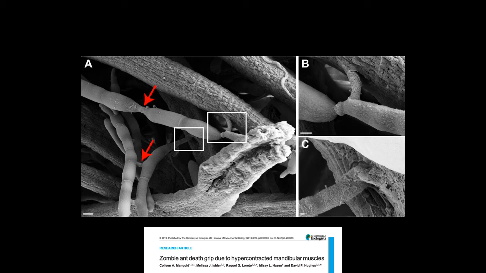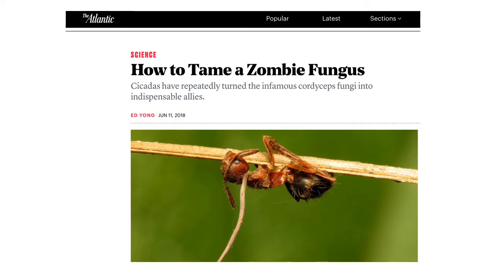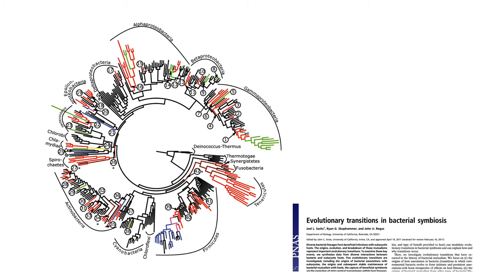But even these really kind of weird zombie parasites can evolve to be potentially mutualists. Cicadas actually multiple times have managed to domesticate this deadly pathogen into a necessary gut microbe that provides them essential nutrients. So this question about how parasites might evolve to become mutualists is one that I'm very interested in. And we don't have a ton of biological evidence of how and why parasites evolve to become mutualists,